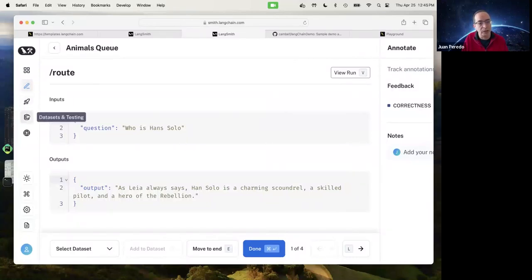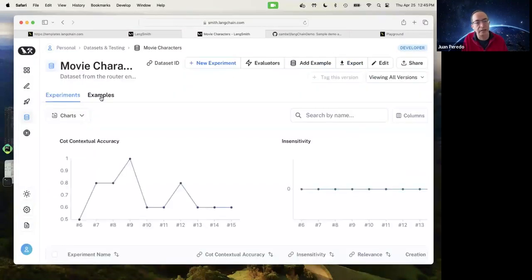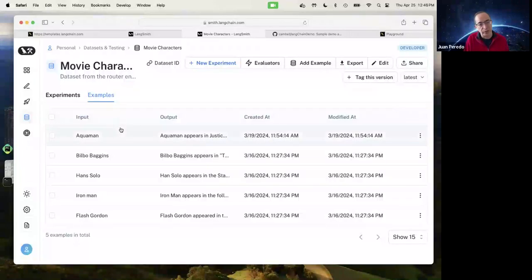The other thing that you can do is instead of sending something to an annotation queue, you can also send it to a data set. And in here, I have a data set to which I've sent 5 runs. I've been running this before this call, obviously.